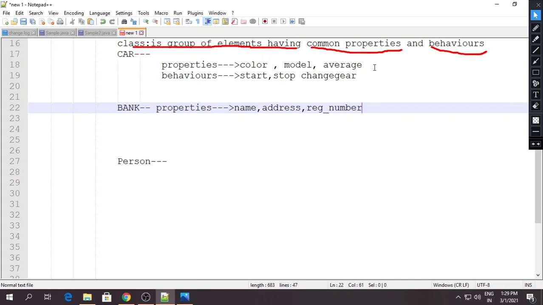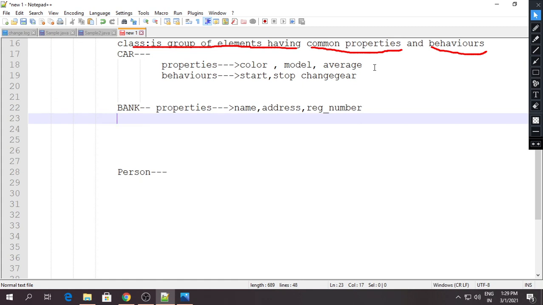And every bank has some common behaviors. Which are the common behaviors? What can we do with the bank? We can display the bank. We can withdraw amount from the bank. Then deposit, right?